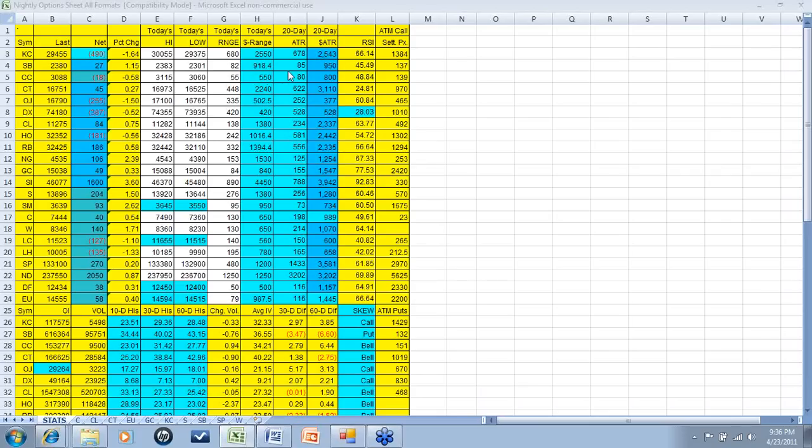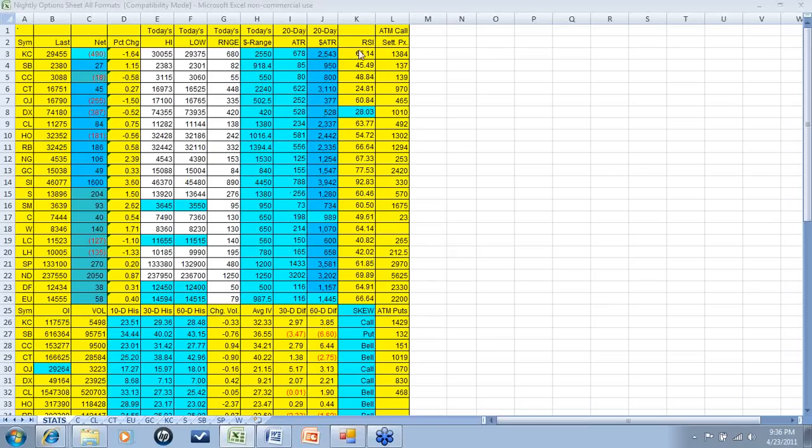Next, we see the 20-day average trading range and the 20-day dollar average trading range. This information is very important because it gives you an idea of the type of movement you can expect from that commodity and how much potential you have to risk, and then some, from the way these commodities move. If you look at silver, for example, the average trading range in silver is almost $4,000 on a daily basis. On Friday, it moved around $4,400